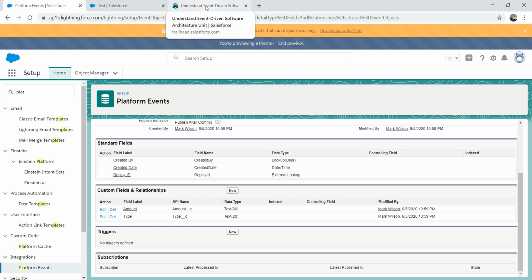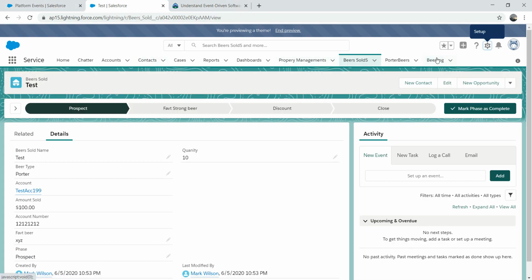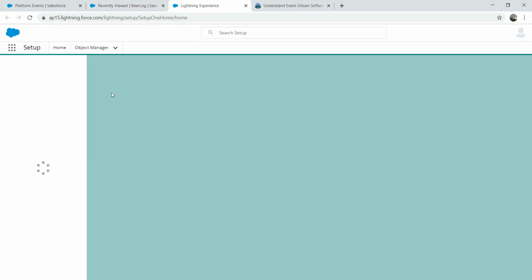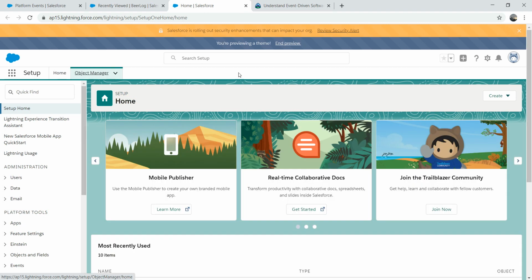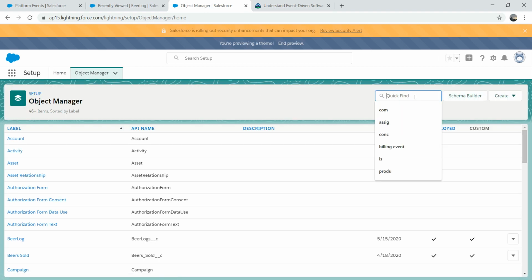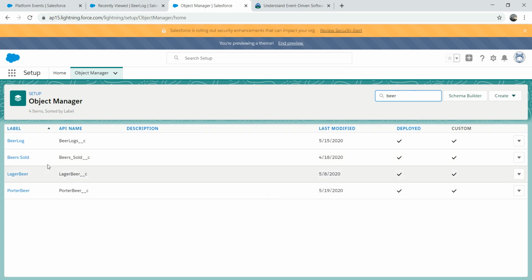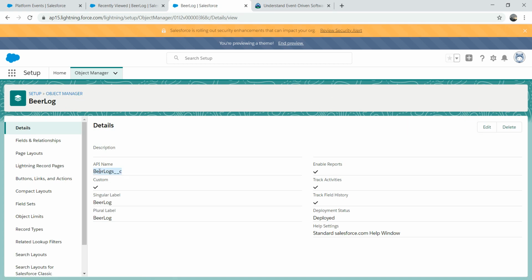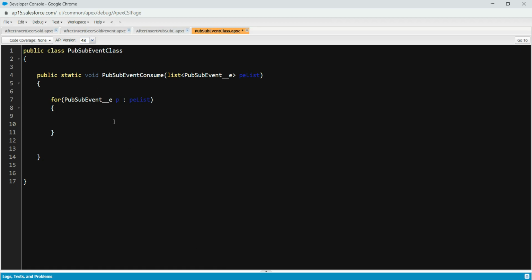beer log object, right? So let's go to beer log. Let's go here to setup and go to beer log, because I need the name of that object. So this is what we are after, not the fields for now. So beer log, and we're going to do a list of beer logs, BLG list equals